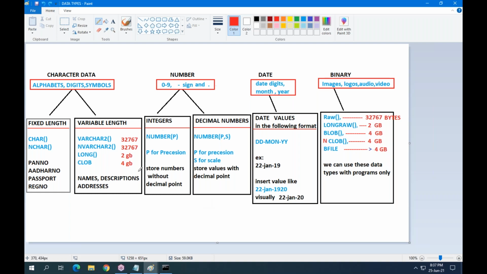Probably there might be a setting like ANSI while setting up the database server. If you fail to enable that, you won't be able to use nchar. Probably some kind of exception will come saying this is not supported. Yes, exactly.